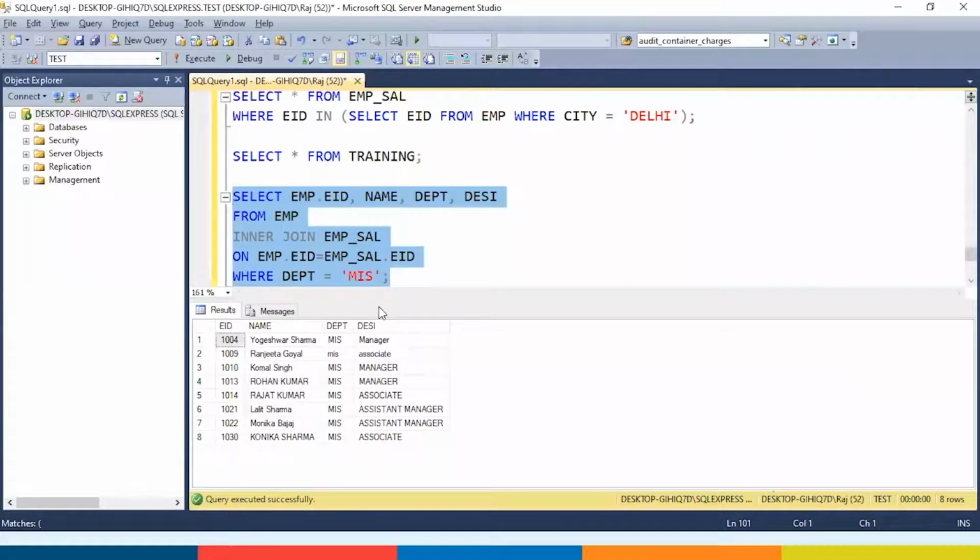Right, so I'm getting the details of MIS team members. Let me execute both together.